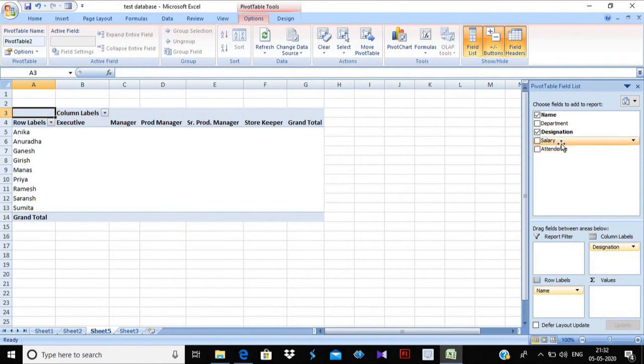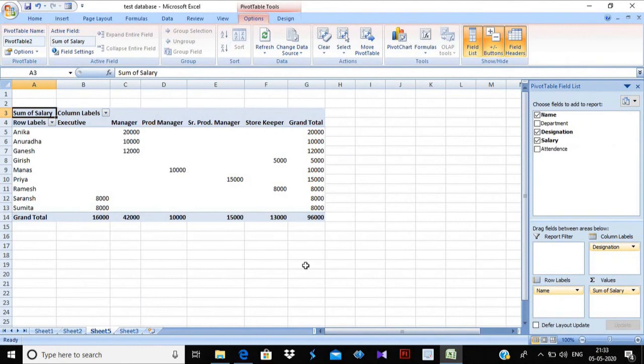Now lastly, what you have to calculate is salary. So you will take salary and put it inside Values. If you put it inside Values, it will show like this. So 20,000, Anika is a manager, and Anuradha is a manager, and Ganesh is a manager.